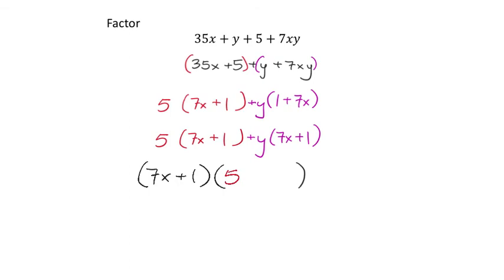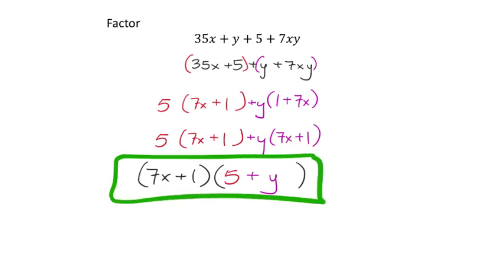So what is that? I've got the 5 in red, and then I've got the plus y in purple. Now, you could exchange these. It doesn't matter which one you put to the left or which one to the right. It is exactly the same, but this is still factorable. When I did this, just looking at it, I thought it was not factorable. Since I did it in my head and switched these two, I didn't notice that 1 plus 7x was the same as 7x plus 1,